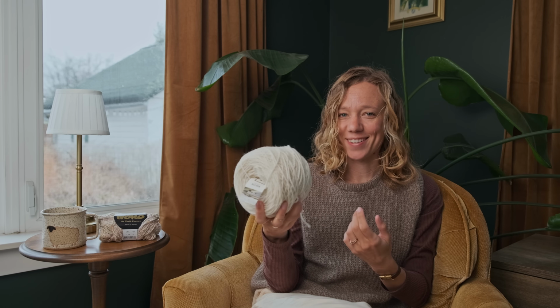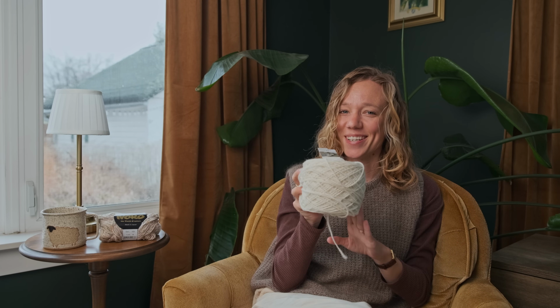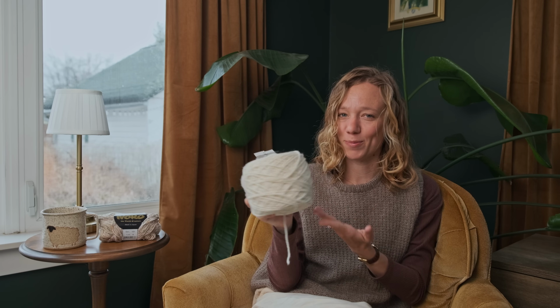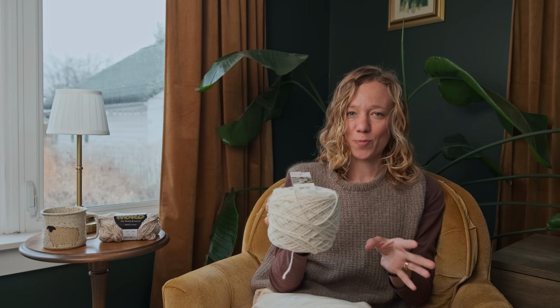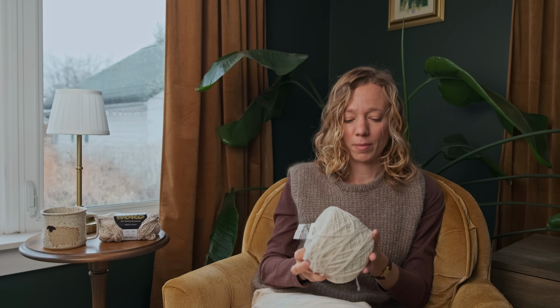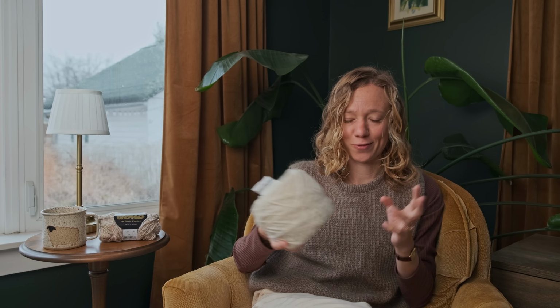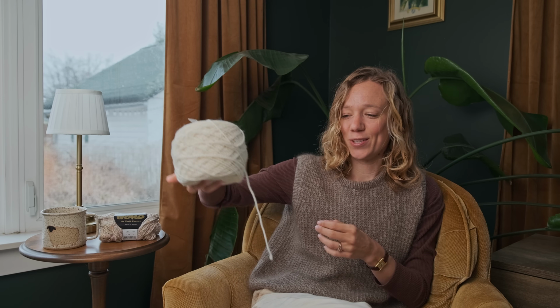this one I might cast on. This one might derail other plans because I have probably the yarn I would want to use for it. So super excited about the prospect of that. These first two are the only ones that I have yarn that I would be thinking about using for them. And so just so you know, I don't have yarn for all the rest of these, but those two, super